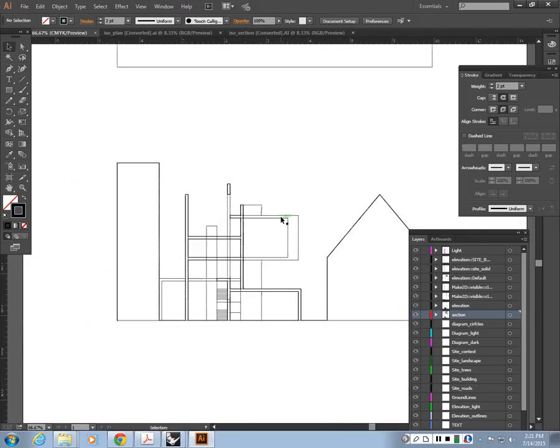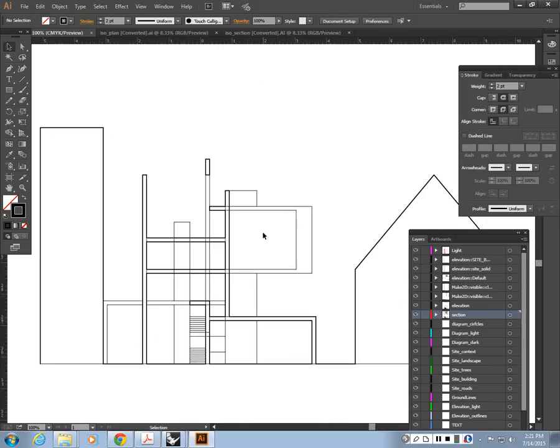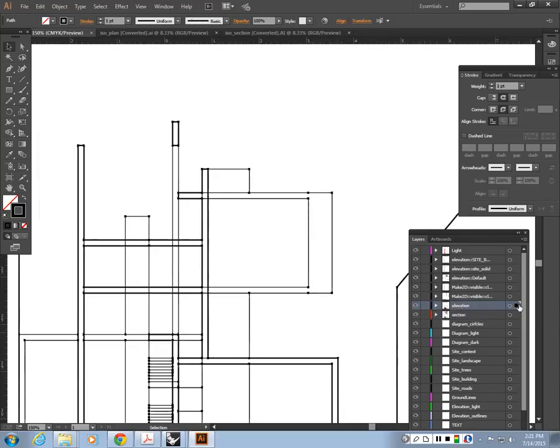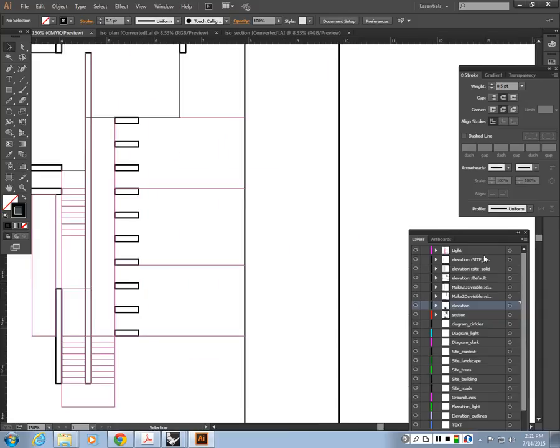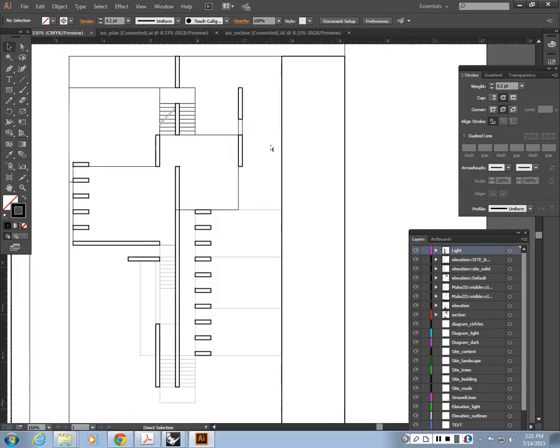And then for the elevation, you want to make them lighter, so let's make it 0.5. And the light is even lighter, so make it 0.2. And black as well. Okay, so this is kind of how it looks